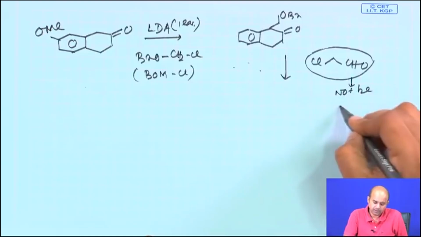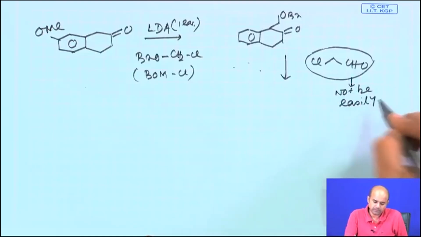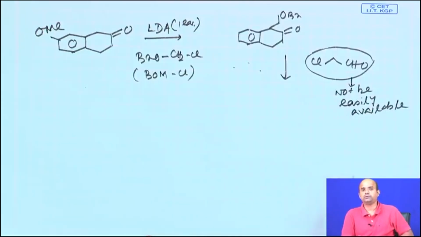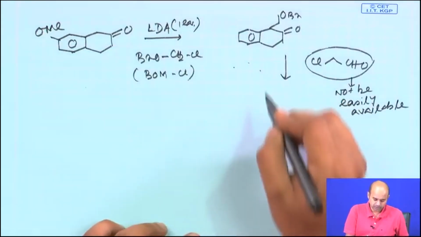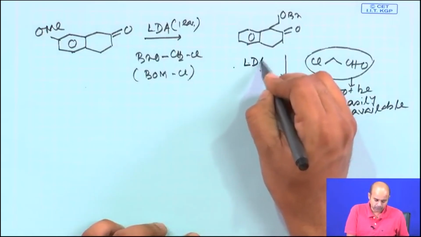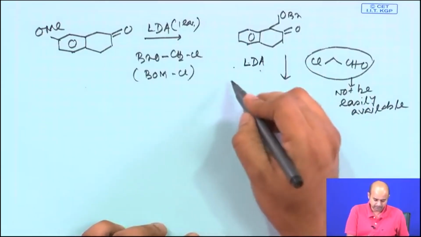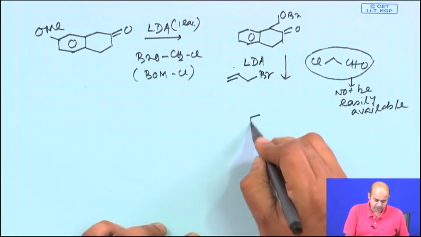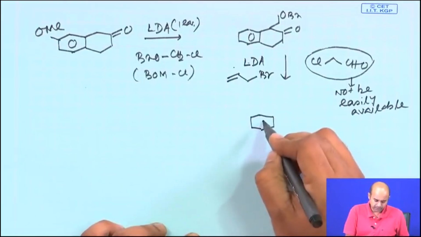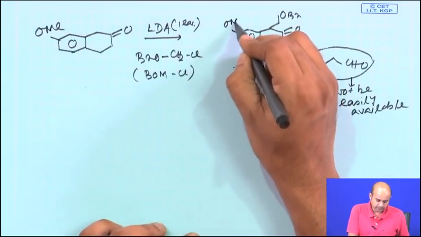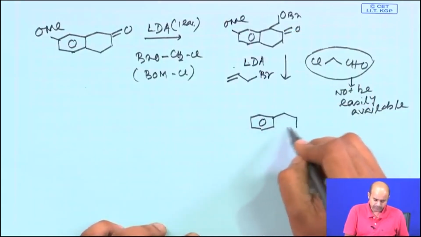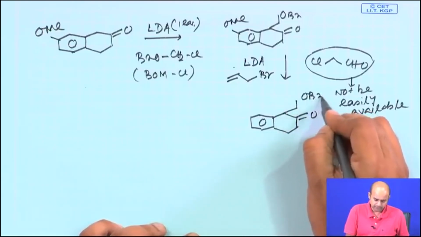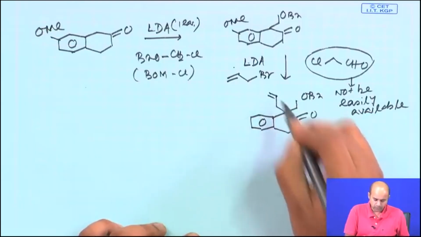So, what you do? You can try to take another source or another electrophile which will give you this particular functional group. Alternatively, we will be using this reagent condition, LDA and allyl bromide. Allyl bromide is a very cheap starting material, and then you will basically do another round of alkylation to get this all carbon quaternary